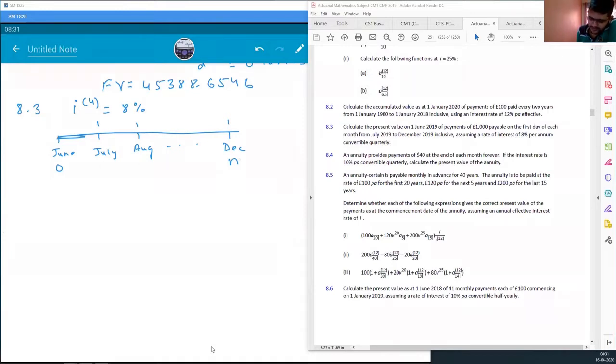How many payments are we talking about? I think 6 month ke payments hai. So we'll say in total this is less than 1 year. So July, August, September, October, November, December. So we have 6 months ke payments. If we count, we have 6 months ke payments. So this is half a year. So our N is half.